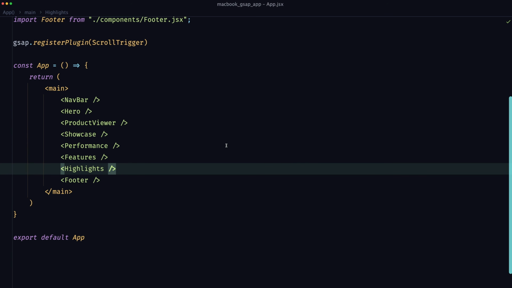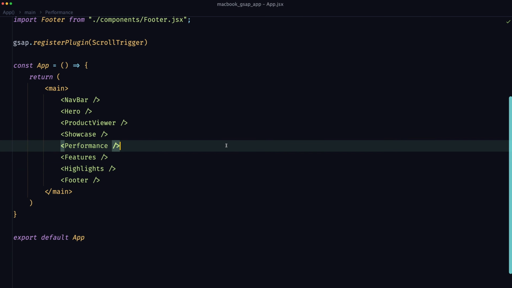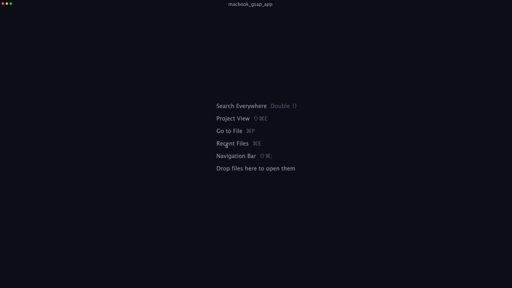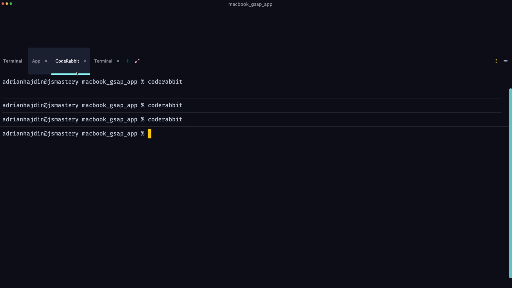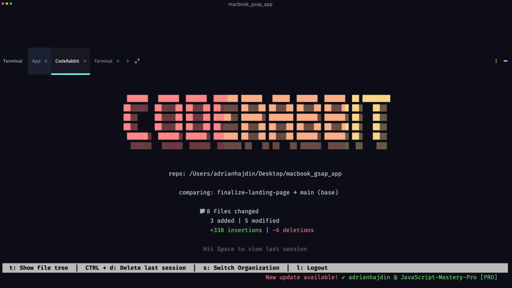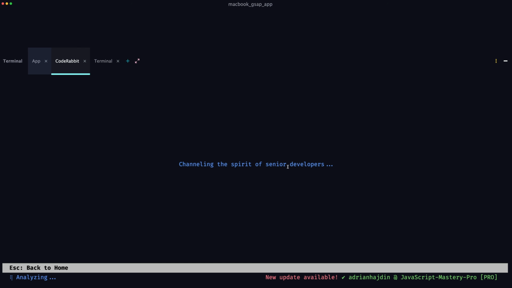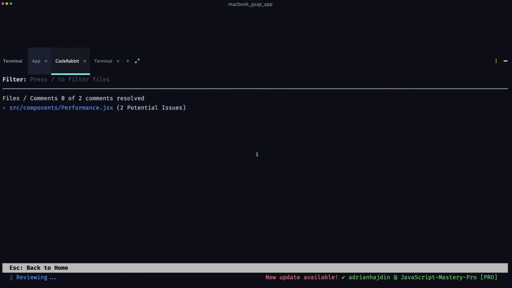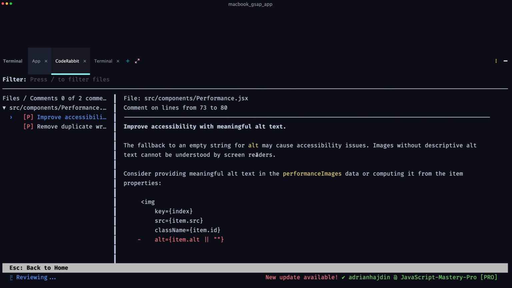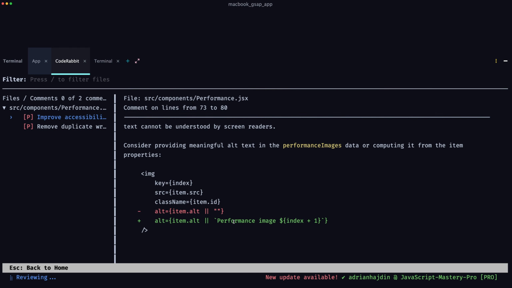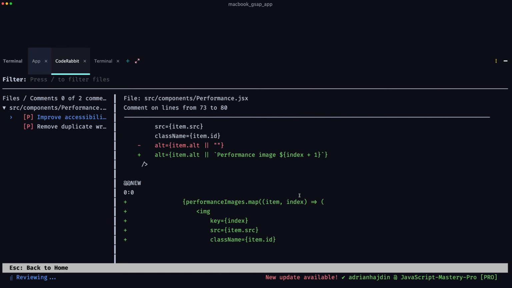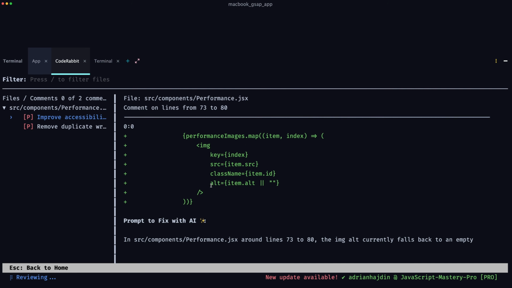So now that we're officially done with all of these sections of our application, just before we commit it and open up a final PR, let's run it through the CodeRabbit CLI one more time and press enter to review all the latest changes. Let's channel the spirit of senior developers. Look at that, not too many issues, just in the performance.jsx file, where we need to improve the accessibility with some meaningful alt text. Yep, performance image 1, 2, 3, and so on, which you can either auto-apply, or